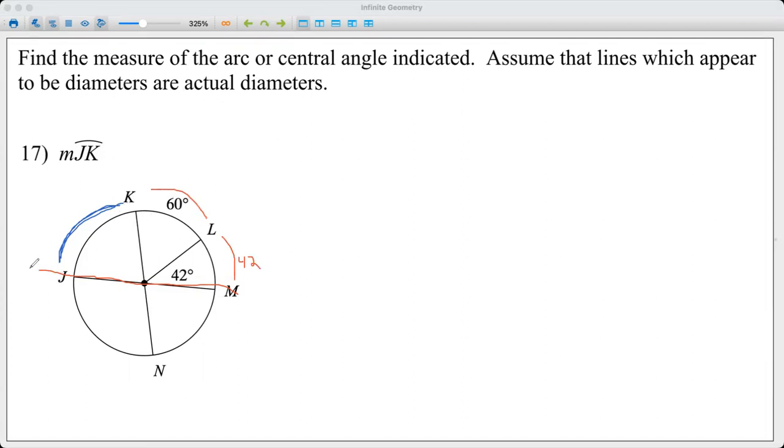And we know that for a semicircle, a diameter breaks up the two halves of the circle. We have 180 degrees. So this would be 60. Let's see, 60 plus 42 would be 102. And then I simply need to subtract that from 180. That was pretty straightforward. So this one would be 78, or I can put it right here, equals